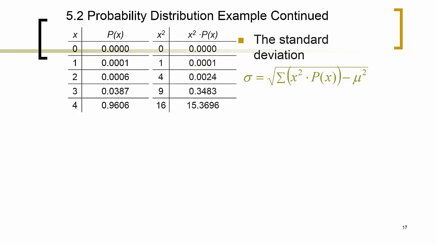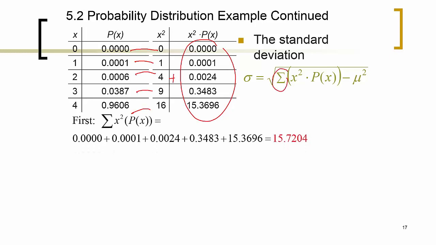So we need to square the original x's, so I get 0, 1, 4, 9, and 16, and I multiply those by these probabilities here, and that gives me these values. Then I want to find the sum of those. So the sum of the x squared times p of x is